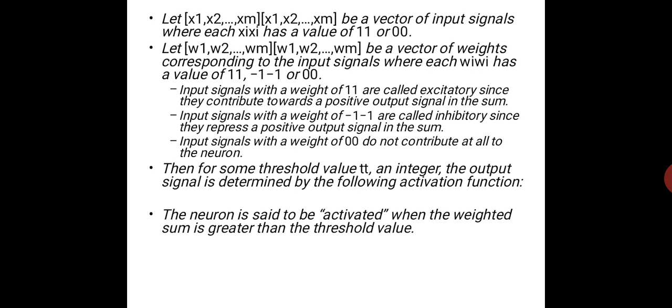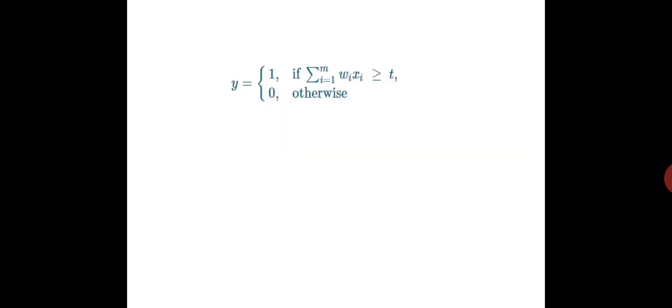After it we need to calculate the activation function by using a threshold. Now this is the condition of the threshold. Whenever the net output is greater than or equal to the threshold, the value of output is 1, otherwise 0.